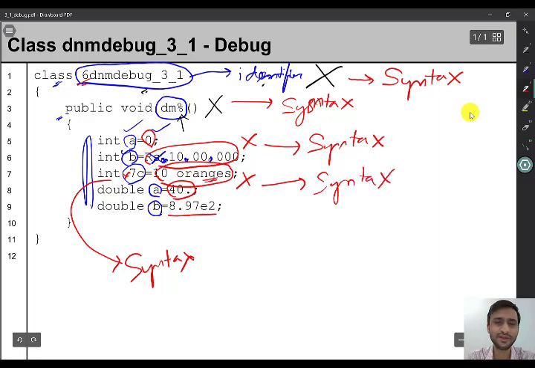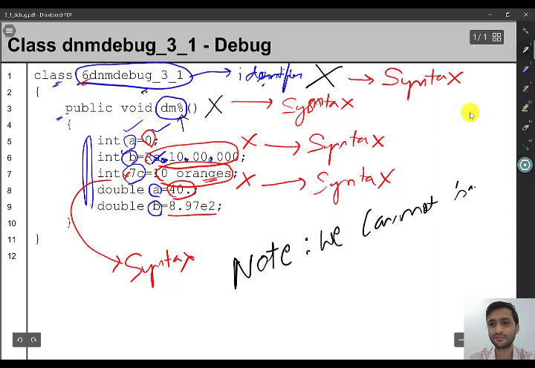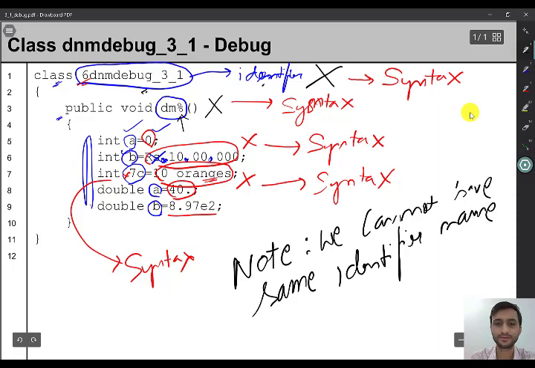Next, we have a variable a. Remember, we already have a variable a there. So remember this rule. It's a rule you should keep a note of. We cannot have the same identifier name more than once.